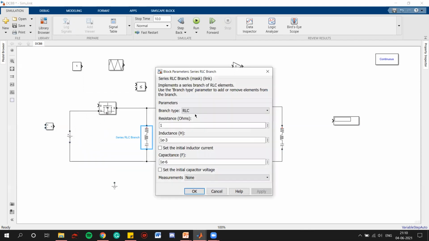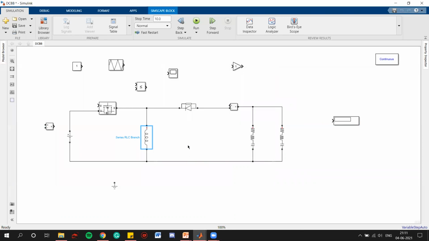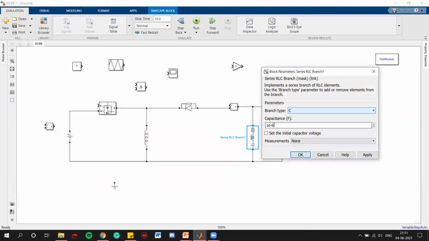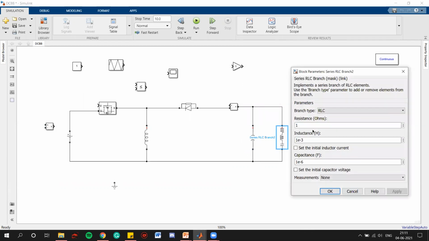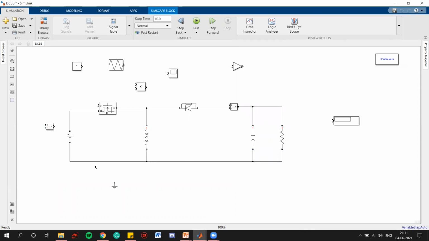We have to convert this into an inductor with measurements of 870 microhenry. This is the design that I am using to design boost converter, buck converter, as well as buck boost. Here we are using a capacitor with 2034 microfarad, and here is the resistance of 10 ohms. That is enough. Let's take this voltage measurement.